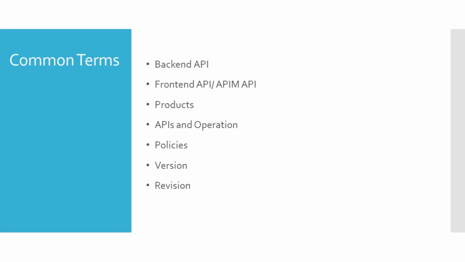Revision is a more sophisticated way to make changes to your APIs. We can use revision when you don't want to disturb the existing consumers of your API, but at the same time, you want to make some changes in your APIs. Once your API is ready and tested, then you can make that revision current so that anyone can consume it.